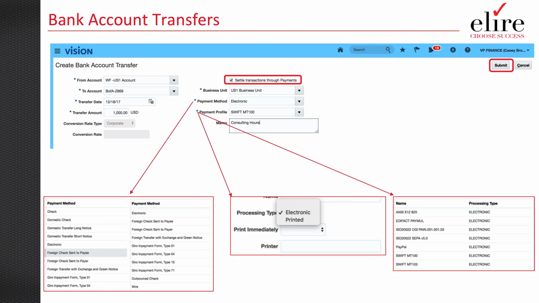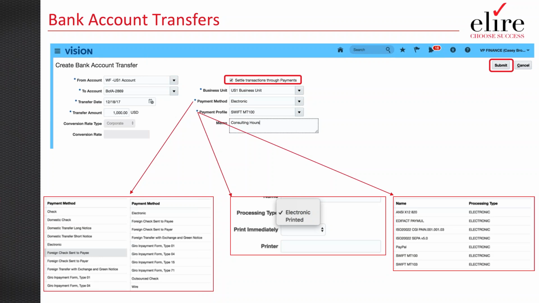If we start over on the top left-hand side of the page, we quickly roll through where you can define the debit and credit bank accounts, items like your payment date, and your total payment amount. Then you move over to the right-hand side, and that's where we start to define the payment methods and the payment profiles. These are driven by a separate process that we're going to talk a little bit more about in payables, the payment process profile.